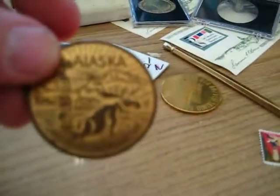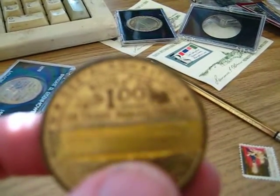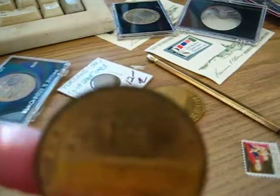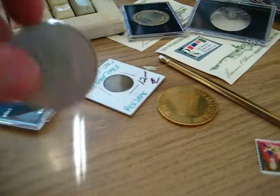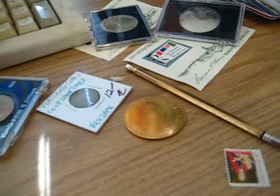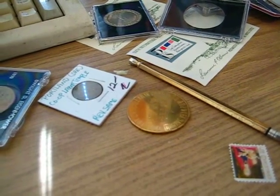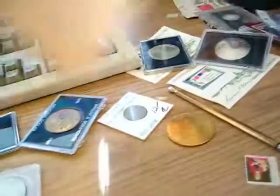There's another Alaska token. It's better condition than the other one. You can see some of that. These coins are not redeemable because they were only used for the time that they came out. And here's one for a Good Citizen of the Highways, PIE. I'm sorry, I'm going through these things so fast. Pacific Intermountain Express Company. And I got some old 1920s German telegrams, all in